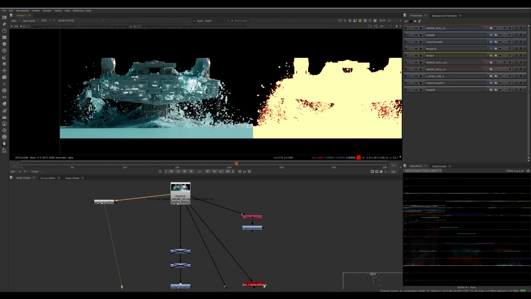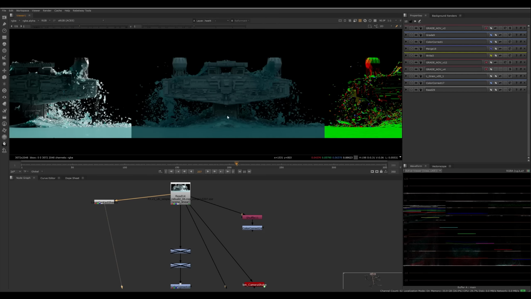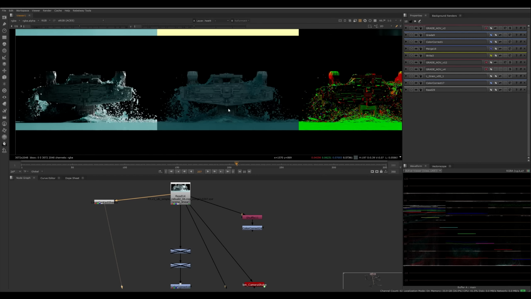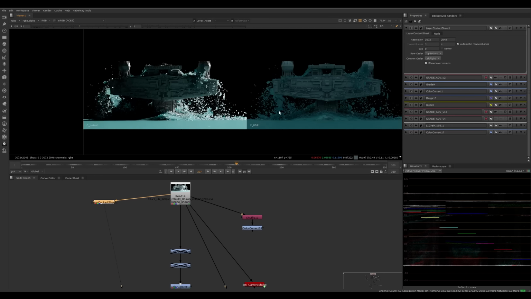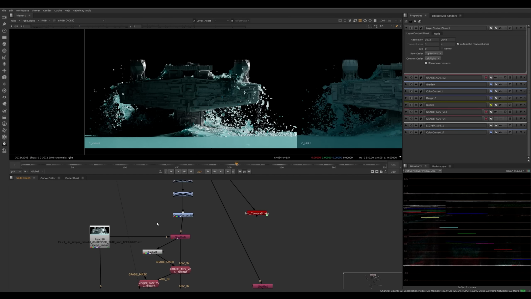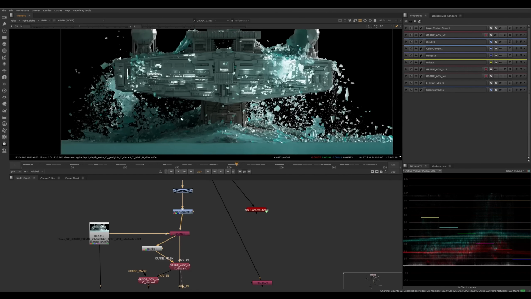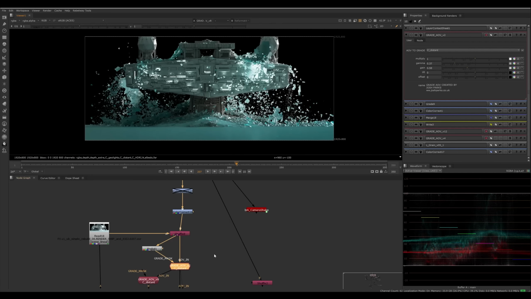So this is the beauty pass, this is the depth pass, geolight pass, normals. I believe this was the HDR, and the distant, literally just the sun, the backlight of the sun. So yeah, I wanted that to be a bit darker just to add more focus to the main core of